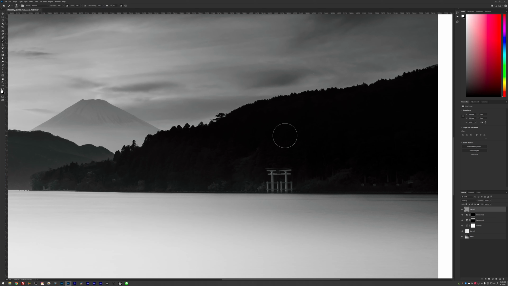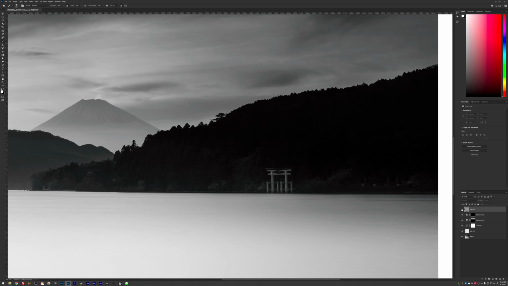Then I'm going to select my brush with a white opacity. I'm going to stay at around 10% with a flow of 10 to 30%, so my edits are not so strong. And then I'm just going to go in and gently paint white over my gate. And it might not seem much, but even with just a 10% increase, this is the difference. So I'm going to do that a couple of times just to make sure I can see this gate, like so.